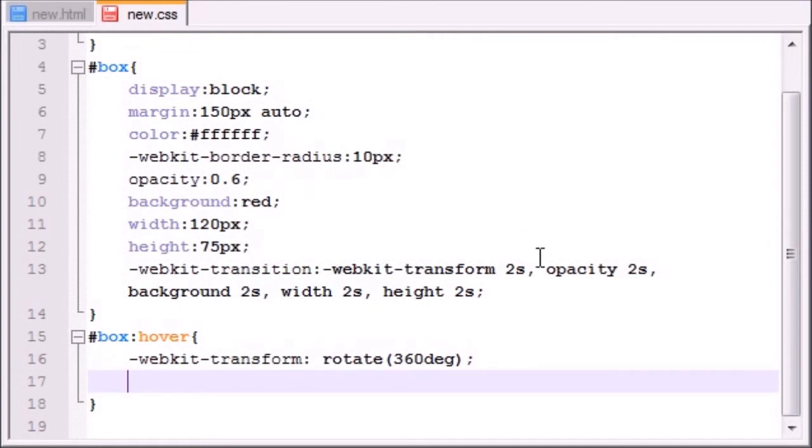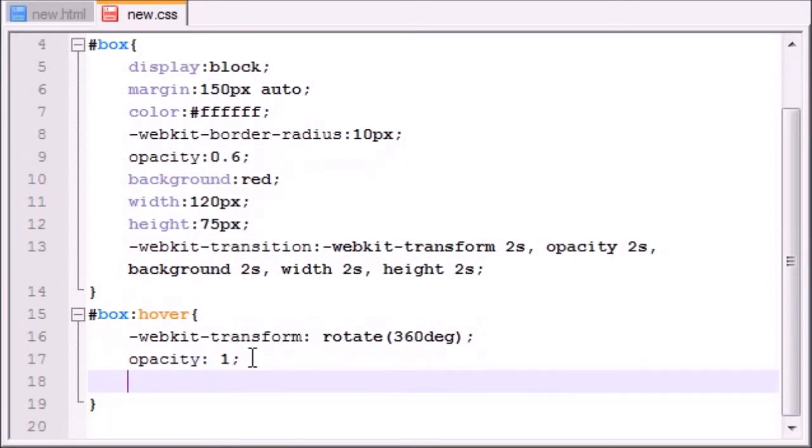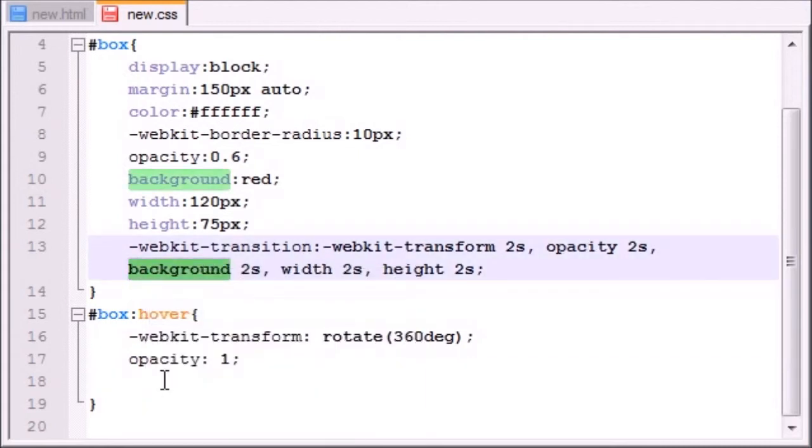Now, the next thing we animated is opacity. So if you copy this and paste it, the original value was 0.6, and I just want to change this. We'll just give it a simple opacity 1, which I believe is the default. And now we want to change, what was next? The background. So we'll give it a background of,